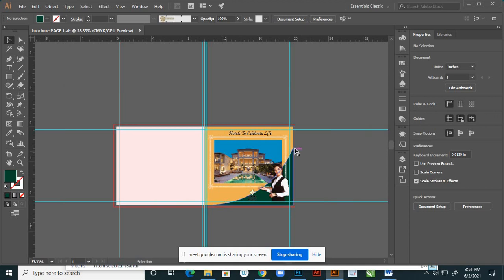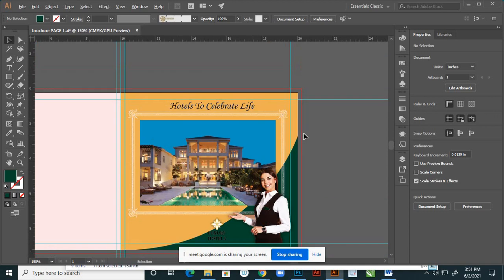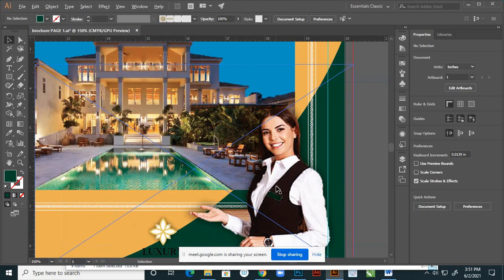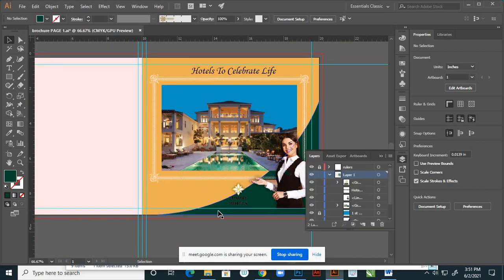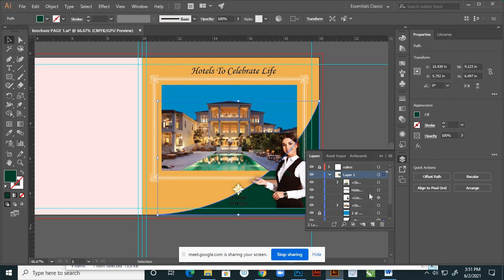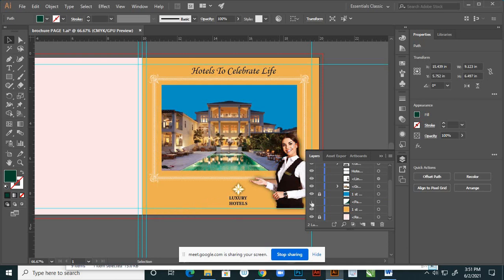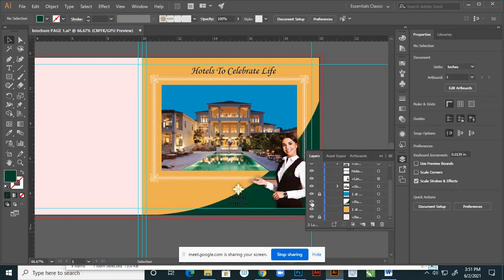Yes. This should not be on the photograph, it should go behind this photo. So this is the patch. Yeah, it is under the photo only.